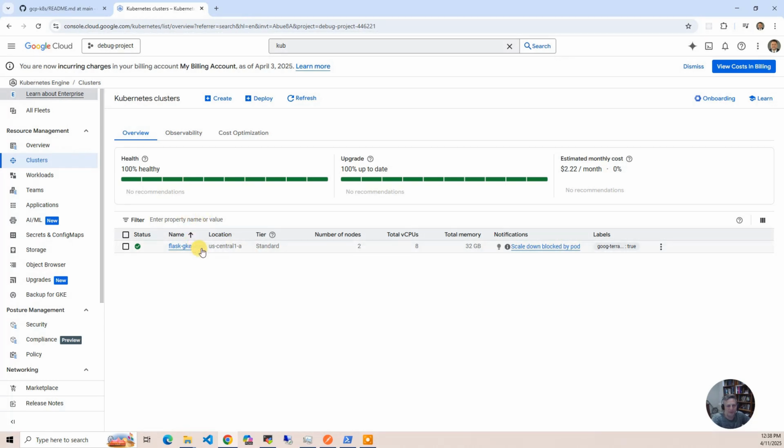I discovered that if you create a GKE instance and destroy it, it retains the log. So I was working on something yesterday, and it's got a bunch of stuff from yesterday. So that's an interesting aspect of GKE. The other ones are completely independent, but I imagine that's just an issue of using the same project and the same name, and it tries to retain things. So let's drill into this